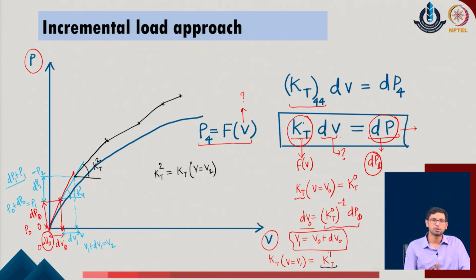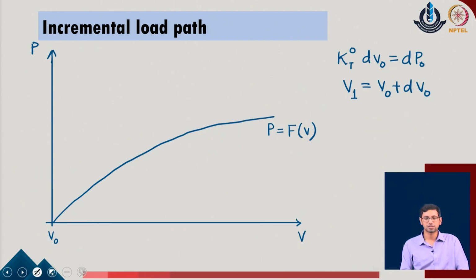Once we have the available displacement with us, we update the value of the tangent stiffness, and again with the new tangent stiffness value, we provide the new increment in the given system, and successively this procedure can be followed till we reach a sufficient distance of the deformation which we want to model in the given system. Now, this is what typically the standard procedure looks like. We have briefly shown here that kT0 times dV0 is equal to dP1. This will give us the first point with respect to the kT0 point.